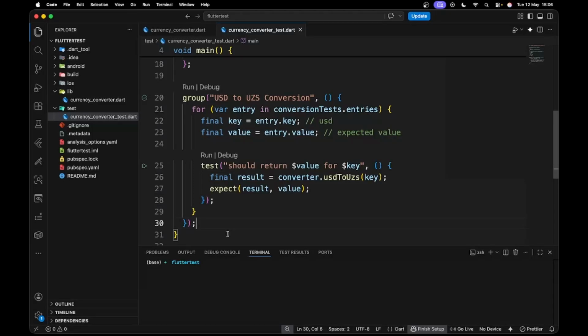Hey, welcome back to part 3 of our Flutter unit test tutorial series. In this part, we're going to talk about dependency injection and mocking using mocktail. Basically, we'll take a look at a simple but easy to understand example of how professional tests look like in